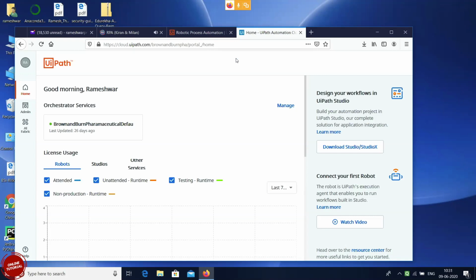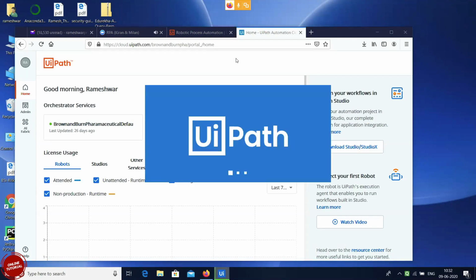Actually, since you're using it from the browser, you got a different option. If you install Zoom on your machine, you might get a different option. I'm using the browser version, so I don't know what the options are. So now it started installing.